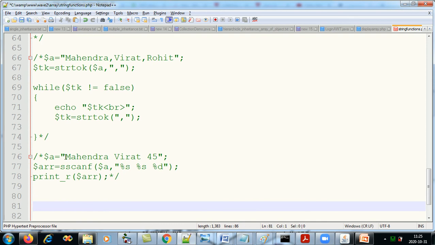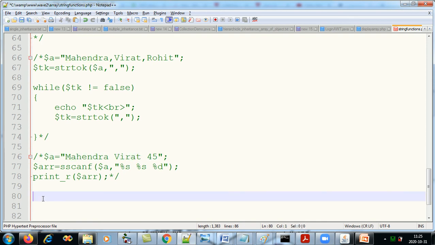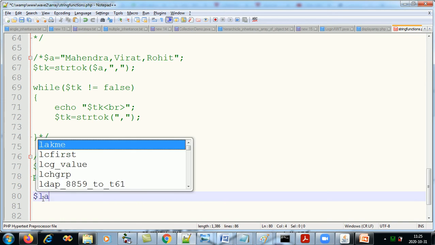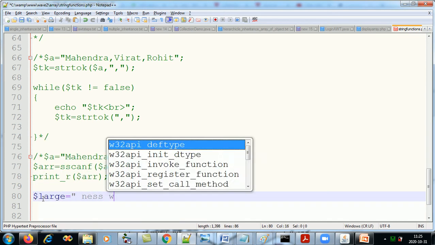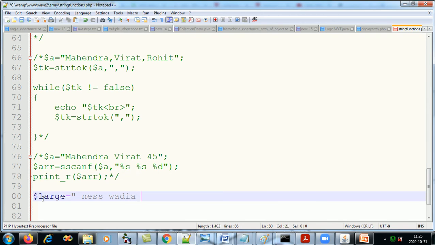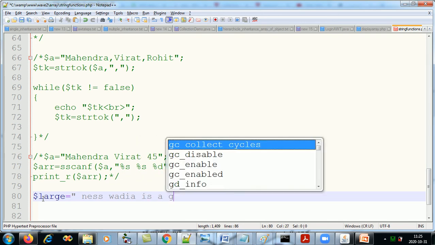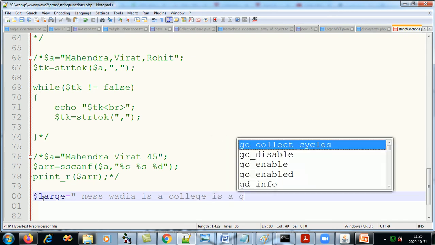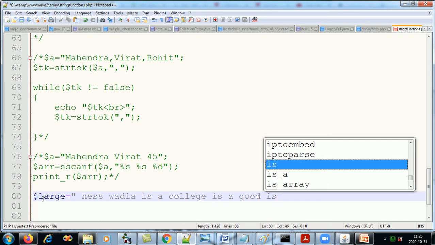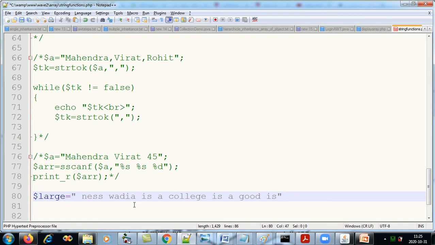If I have a large string, let's say $large, "Neswadia is a college is". The reason I'm specifying "is" at the end is that I'll be searching for the occurrences of "is".